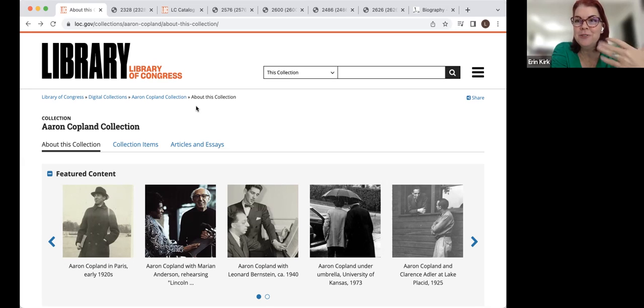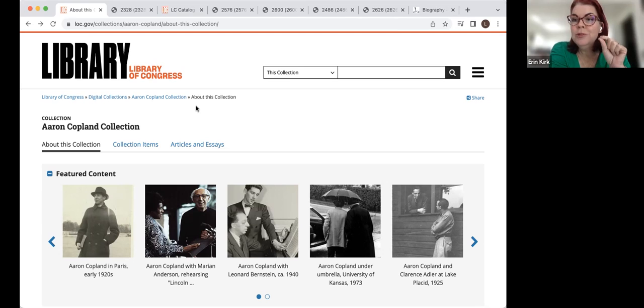So I went, I'm sure you've all been staring at this page since I just brought it up anyway. I went to the website of the Library of Congress and found the Aaron Copland collection, and they house his entire estate. It was all donated to the Library of Congress when he passed away in 1990. And this includes not only these old photographs, you can see some of these on this screen, but all of his original manuscripts, his works in his own handwriting, which is so cool for a lot of reasons, but also